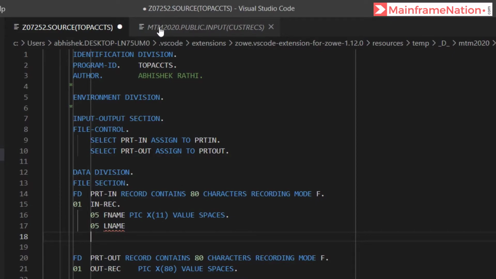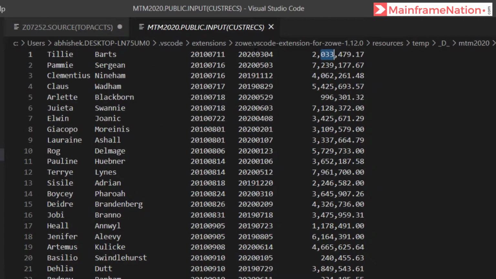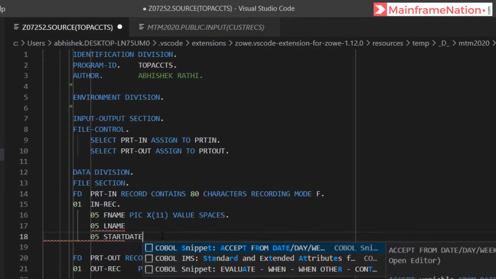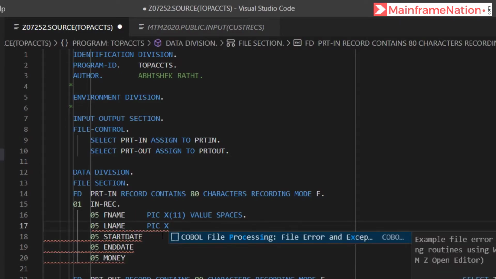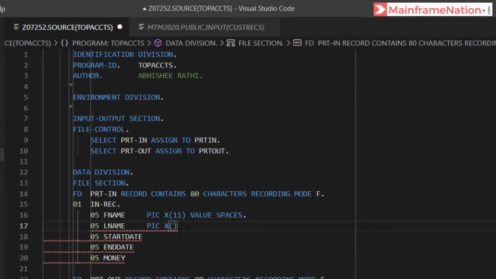Then we have to give starting date, ending date, and the money. Start date, end date, and money. And then count the length and put it here. Initial value will be spaces. This is 22.